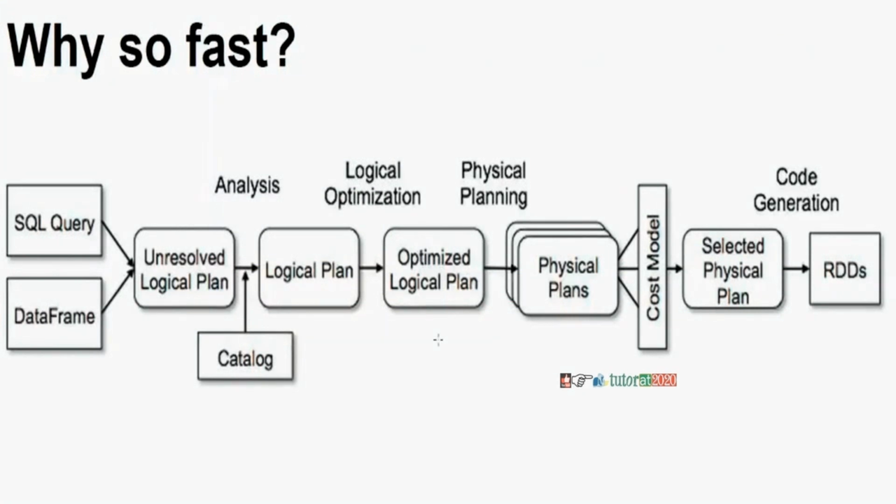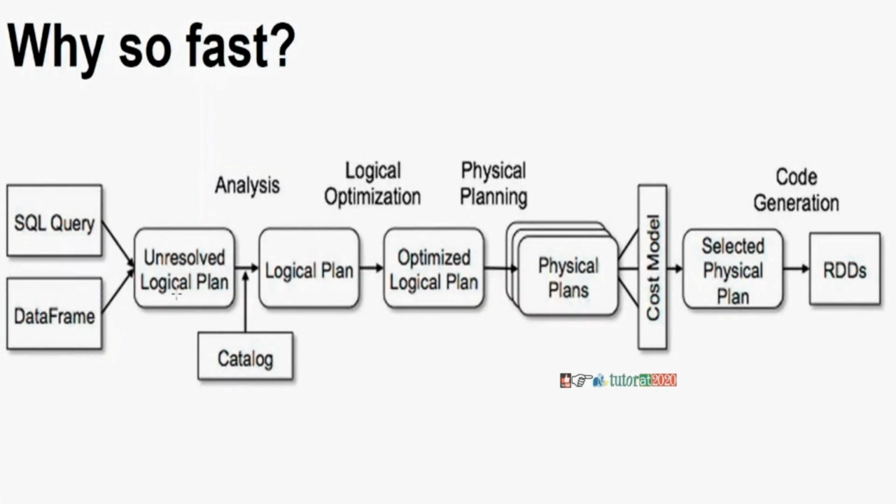Now, why are data frames faster? What exactly happens during the execution of a data frame? This is just to give you a plan. When you create a data frame using the Spark SQL API, and you're using any SQL query to process this data frame, what really happens when you compile this program is that, first of all,